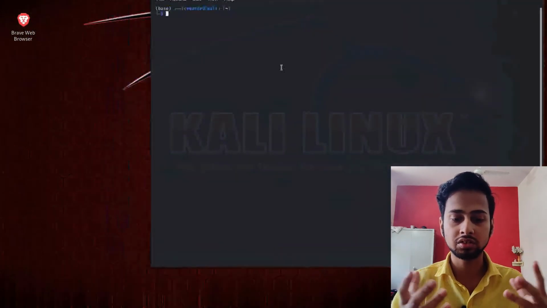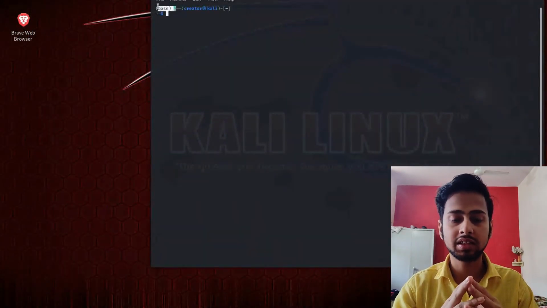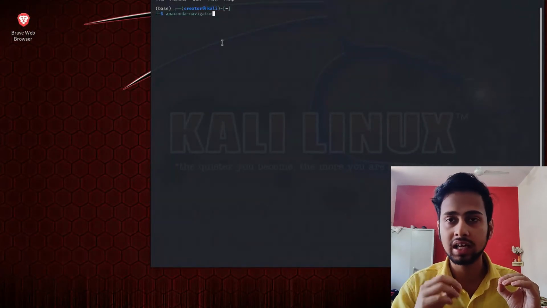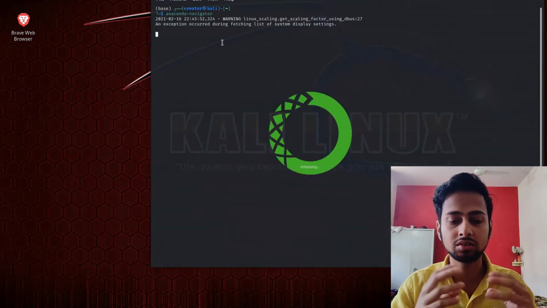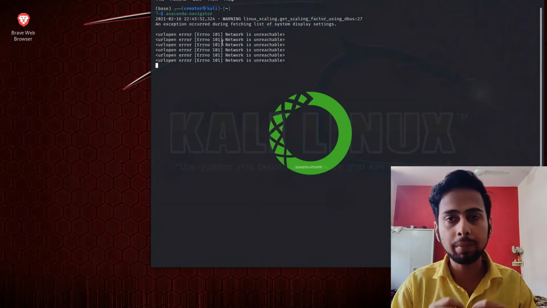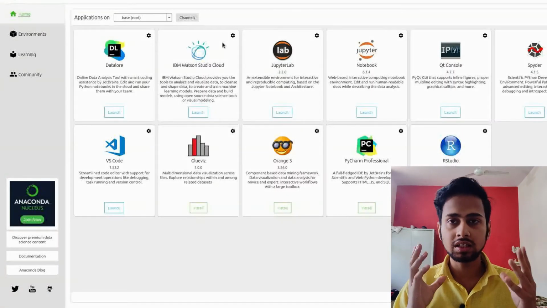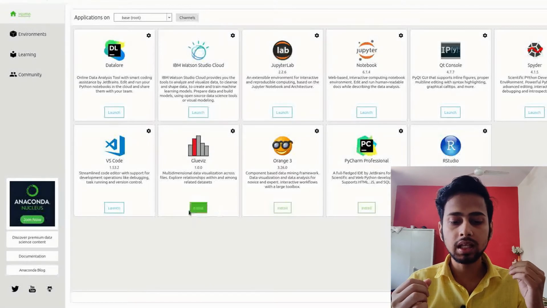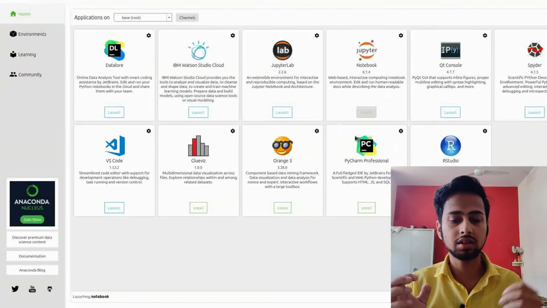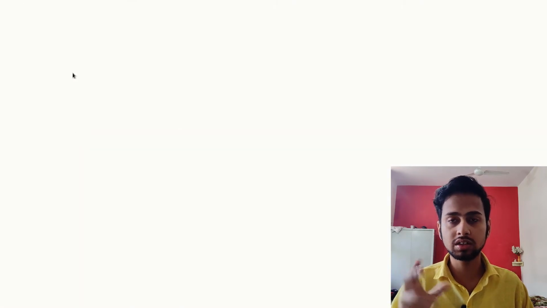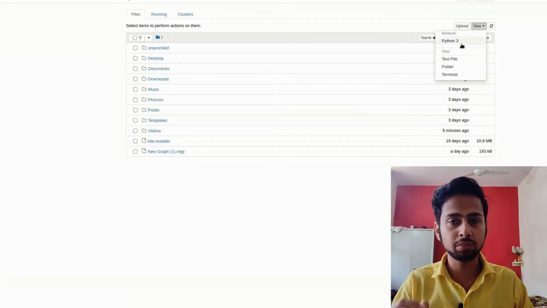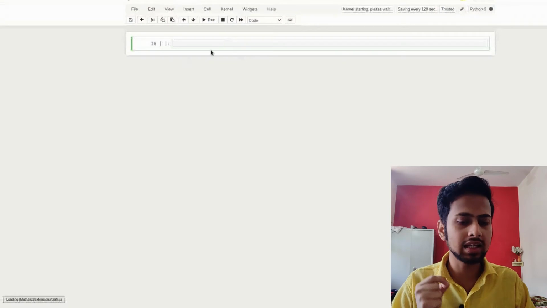Everything is installed. Now you just have to reinitialize your terminal, and here you can see it is writing base, which means Anaconda is successfully installed. Now you can write anaconda-navigator and it is going to launch Anaconda. With the help of Anaconda Navigator you can see all the tools available here, including VS Code, Jupyter Notebook, Spyder and many others. You can click on launch and it is going to launch Jupyter Notebook, and here you can see it is successfully launched.